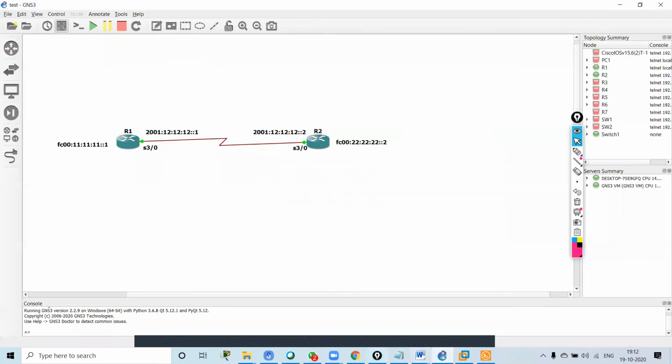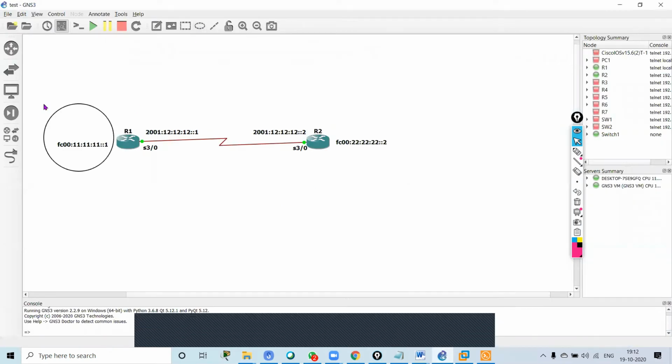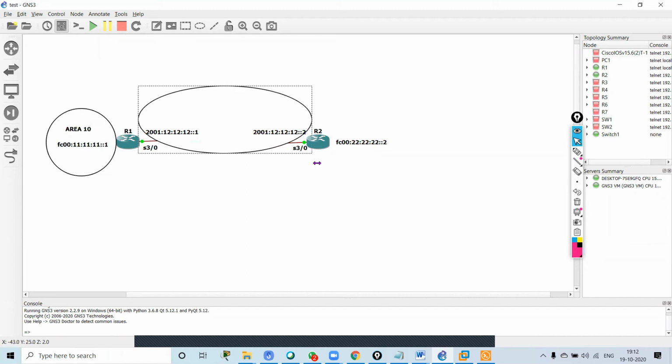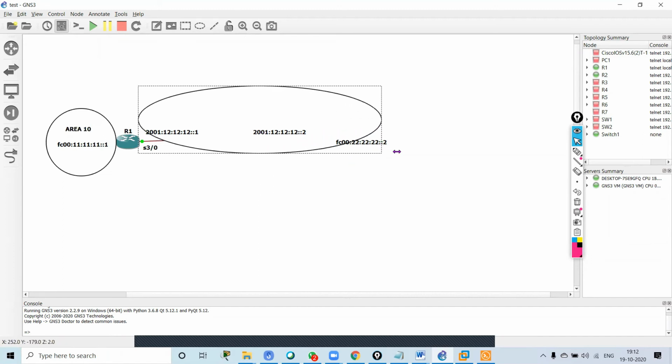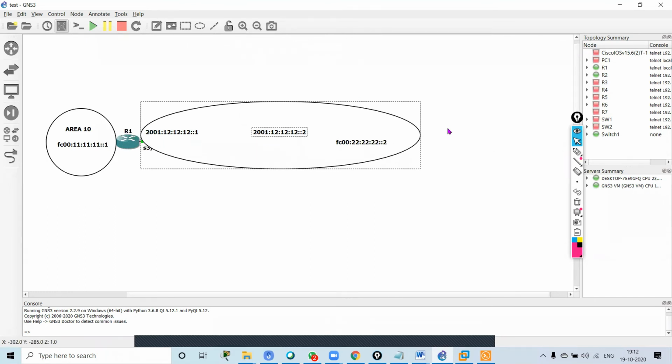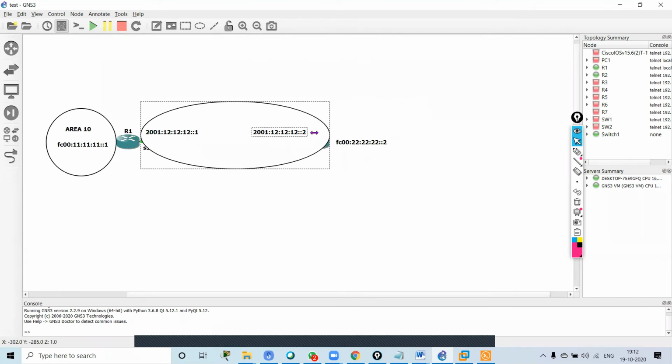Now what is my plan over here? My plan is, as it was there before when we started, this will be in a specific area. You can say this will be in area 10. And this complete thing and this LAN also will be in area